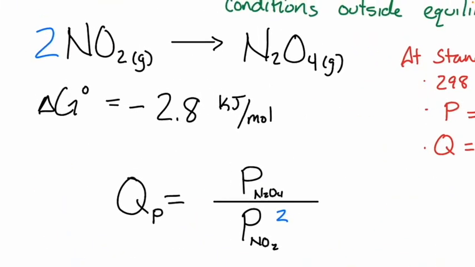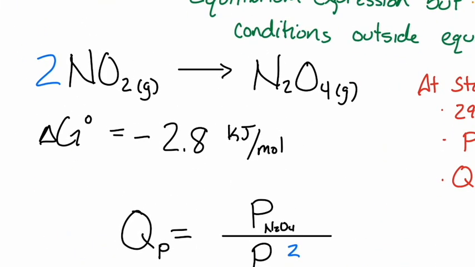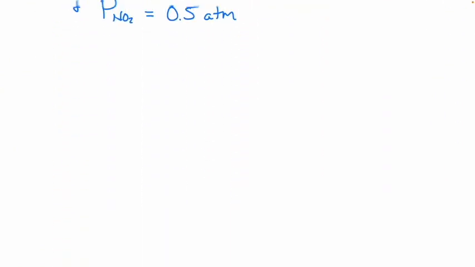All right, so what we calculated before, this delta G, is for when both of these gases have a pressure of 1 atm. I got an equal amount of both of them. So what I'm going to do now is say, all right, well, I don't care about those conditions. I'm going to increase the pressure of my product and decrease the pressure of my reactant. And I want to know if this reaction is still going to spontaneously proceed towards the products in that forward direction. All right? So we got one more equation to introduce here that we will need to solve this, and